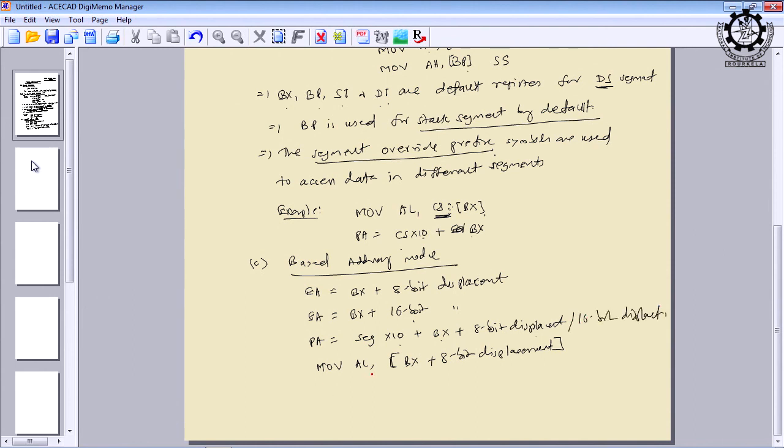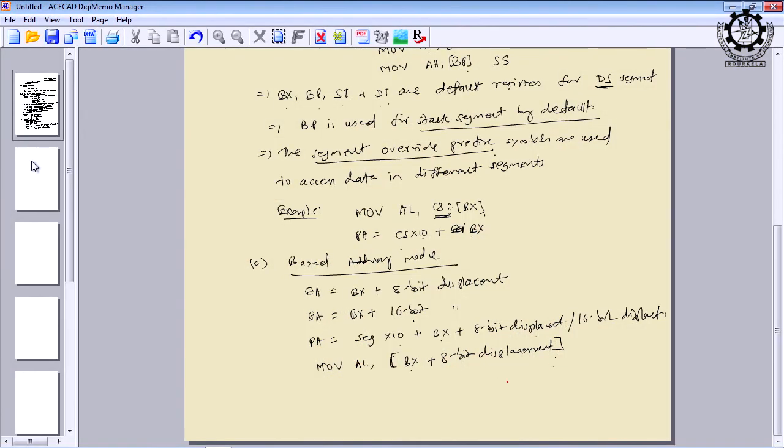So, here MOV AL, [BX plus 8-bit displacement]. The BX value will be added with this 8-bit displacement value, and whatever value you get will be added with the segment register content multiplied by 10H.